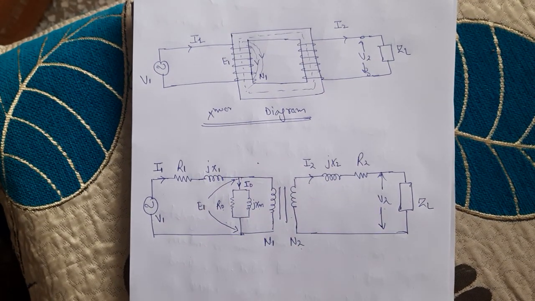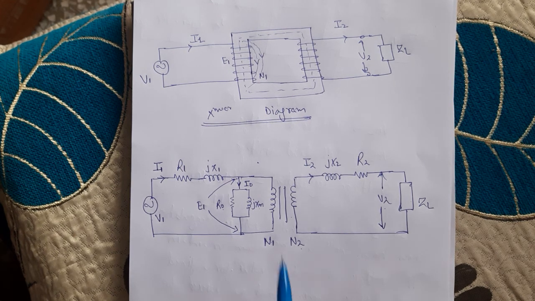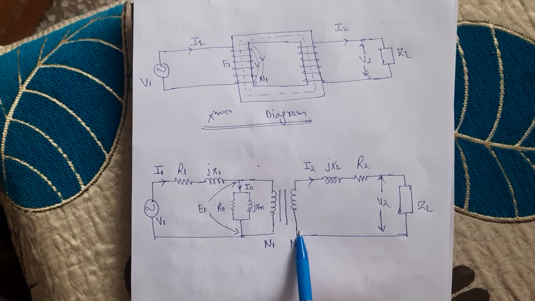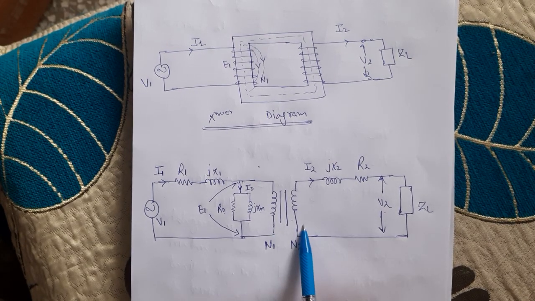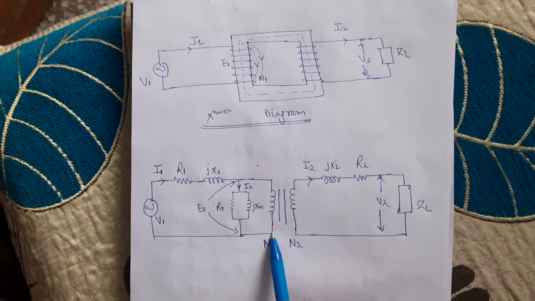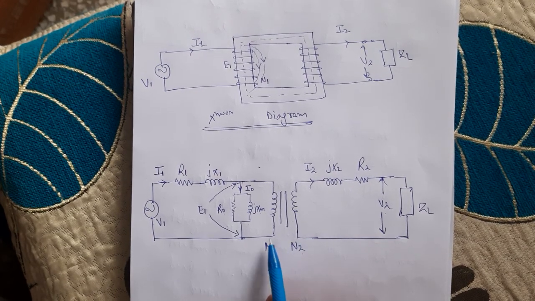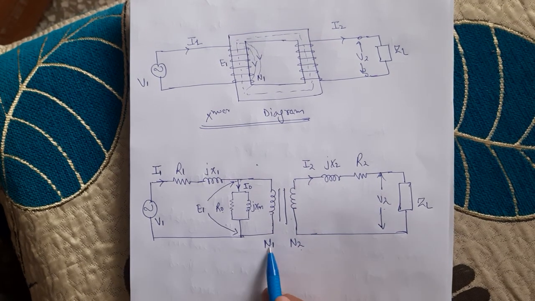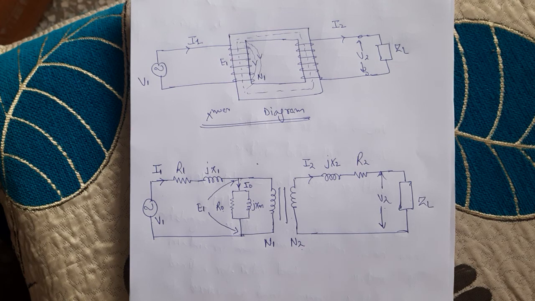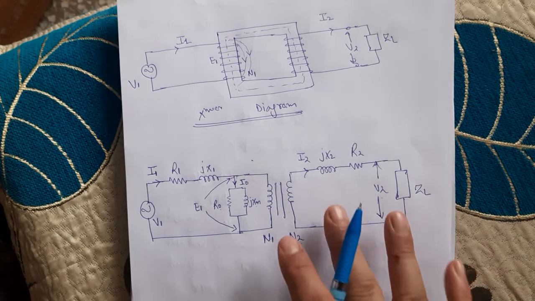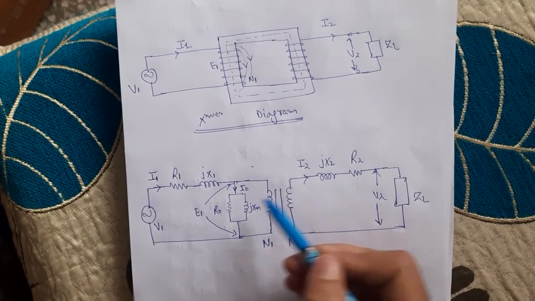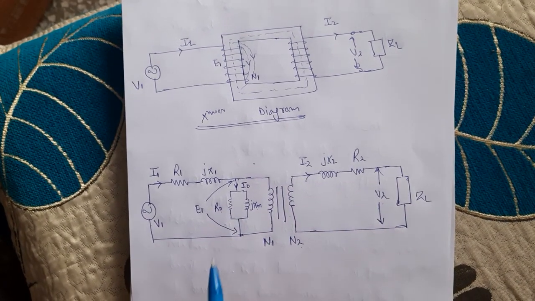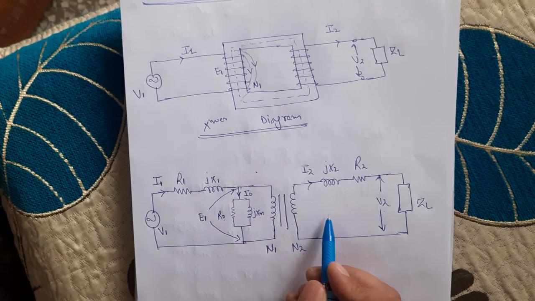Now tell me, can you electrically analyze this circuit? It is difficult. Why? Because there is isolation between the primary and the secondary circuit. They are magnetically coupled, not electrically coupled, so you cannot analyze this circuit electrically. So how to remove this? What is the solution? One solution is that we take advantage of the N1 and N2 turns ratio. We can either refer the secondary circuit to the primary side, or refer the primary circuit to the secondary side.